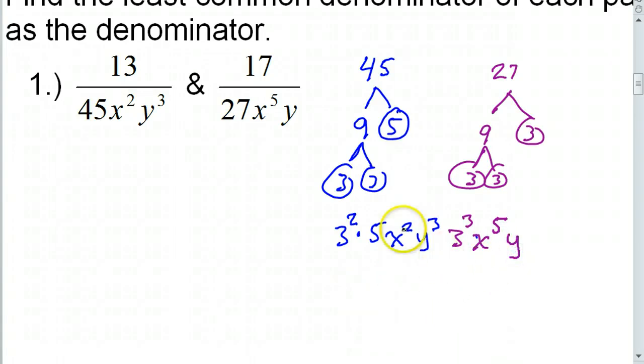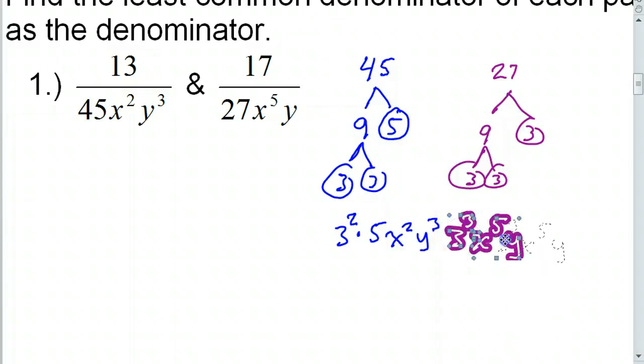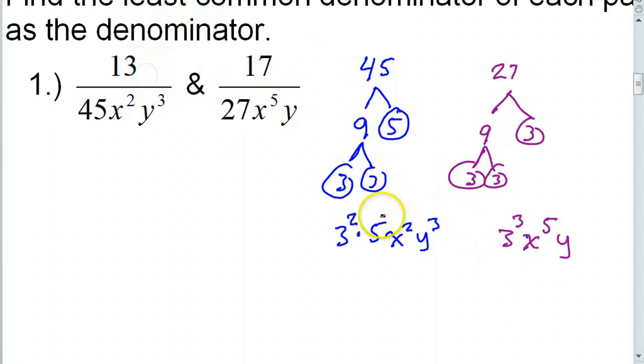So I've got the blue and the purple, and I need to make them the same. Let me spread them out a little bit. It's like we did before. If I want to make these the same,